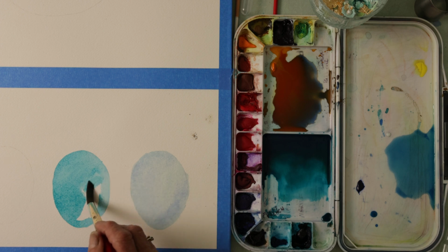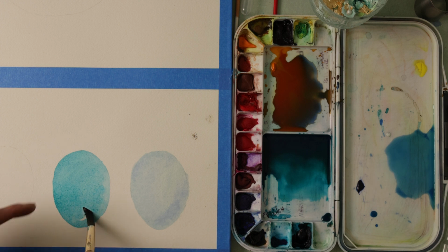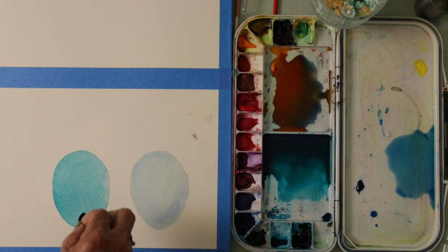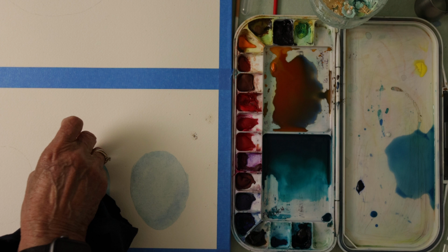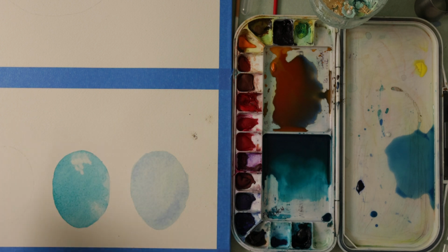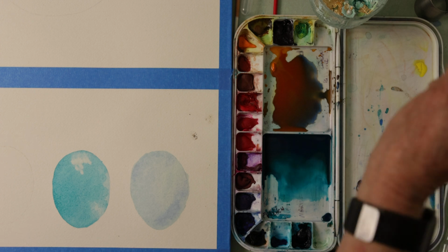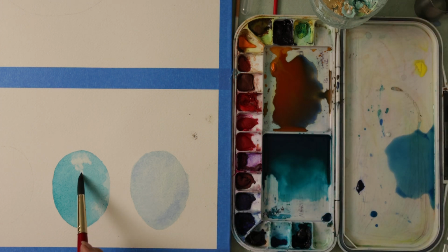controversial for really hardcore watercolorists about lifting. There's a certain school of watercolor that believes you don't lift, you just leave the white of the page. But I like to try to do what I can to get it as close as I can. I picked up a little bit of water in my brush,